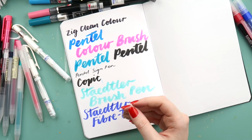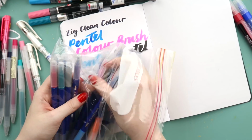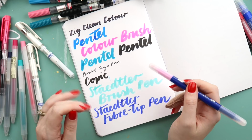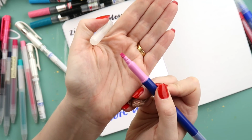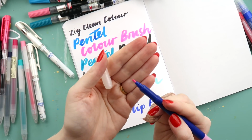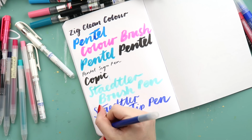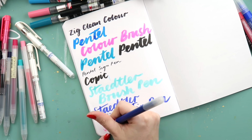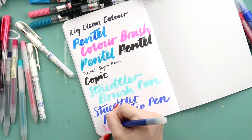And then the last ones that I got, which I haven't had a chance to really have a big play with yet, are these, which are their calligraphy pens. Now, I am not a calligraphy expert, but they have the hard, flat tipped end on that one, and then they have a smaller version of that on the other side. So these, I do not know how to do calligraphy. Yes, I definitely do not know how to do calligraphy. It is something that I would love to try,